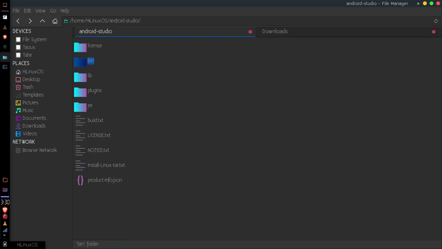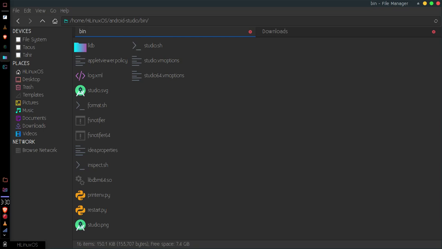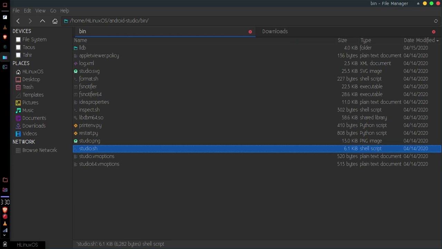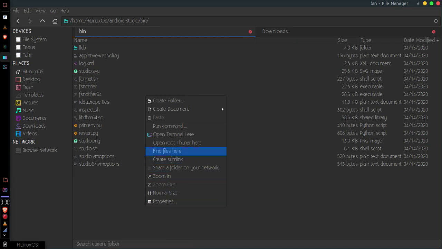Open this one and then we need to open this bin folder. In the bin folder you can see this studio.sh. So we have this studio.sh file, so simply right click anywhere and choose the open terminal here option.